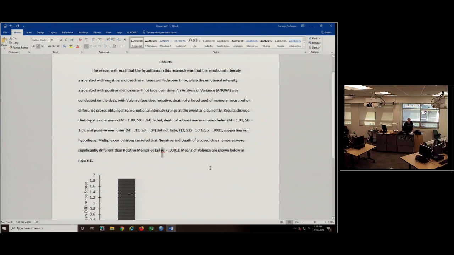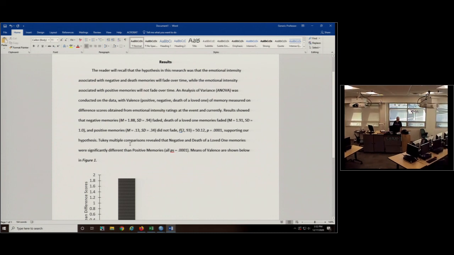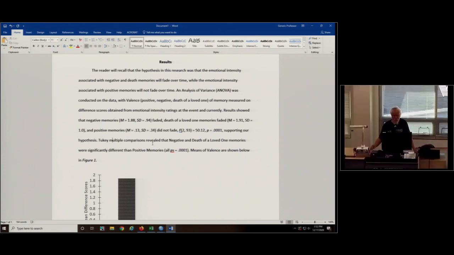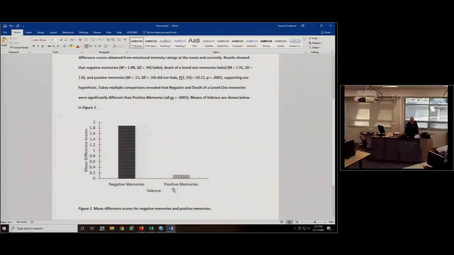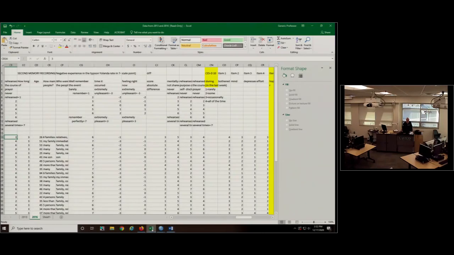Now, I should say Tukey multiple comparisons, okay? Because that will tell the reader what kind of post hoc test we did, okay? And now we'll say means of valence are shown below. I have to go back now